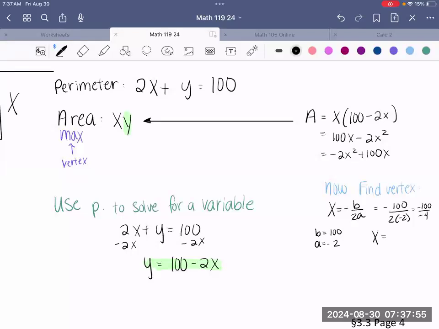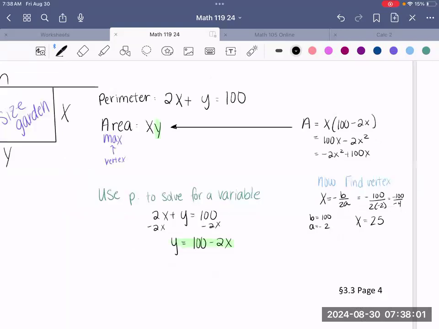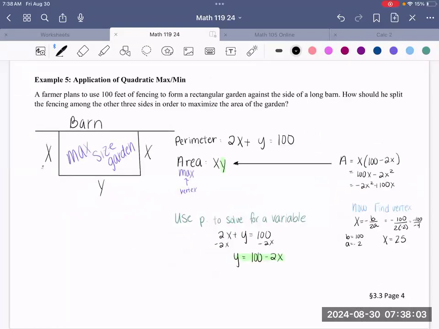So x is equal to 25, which means that your x sides here are 25s. When we want to find the dimensions of the garden, how he should split his garden for the max area,